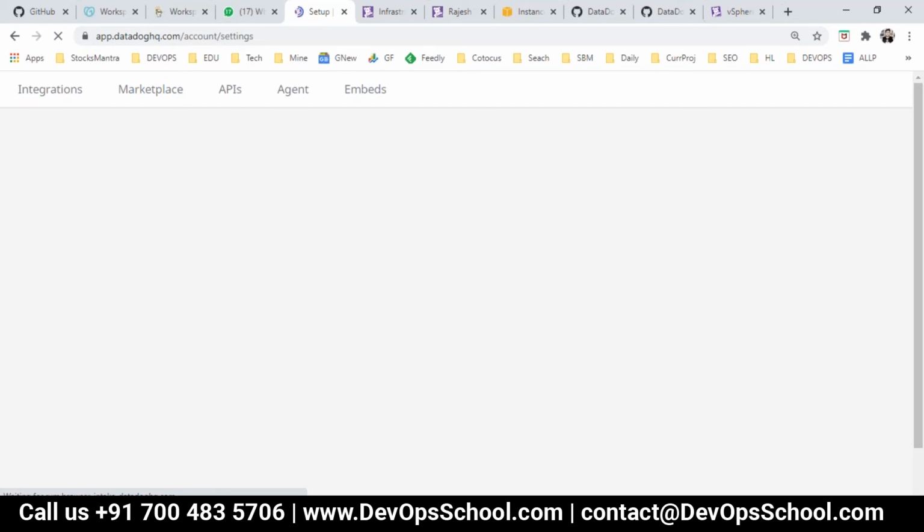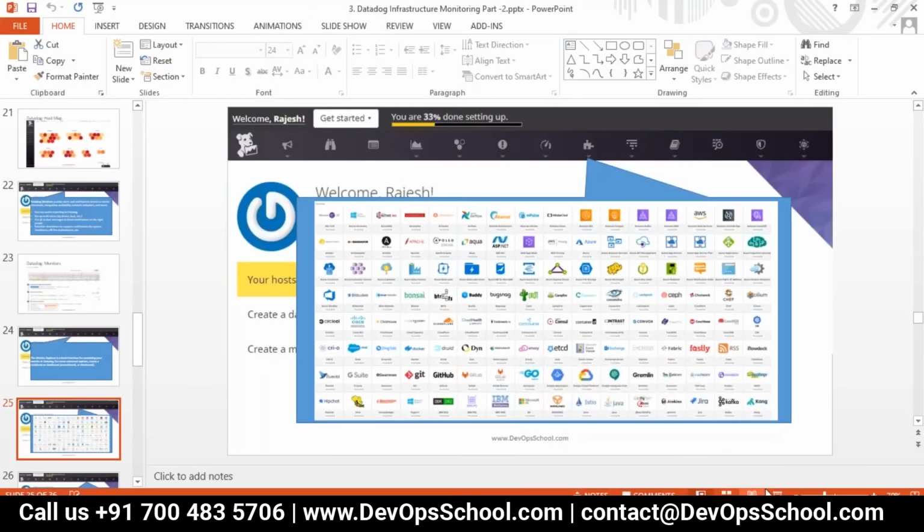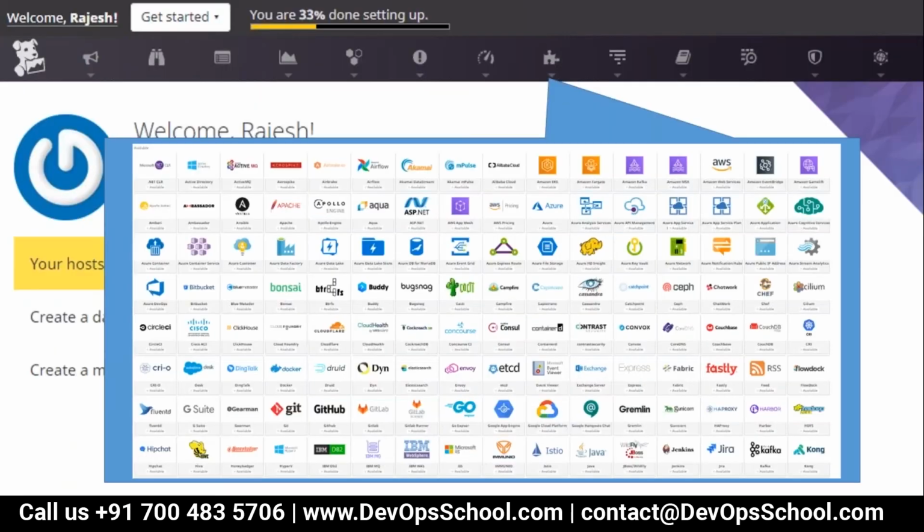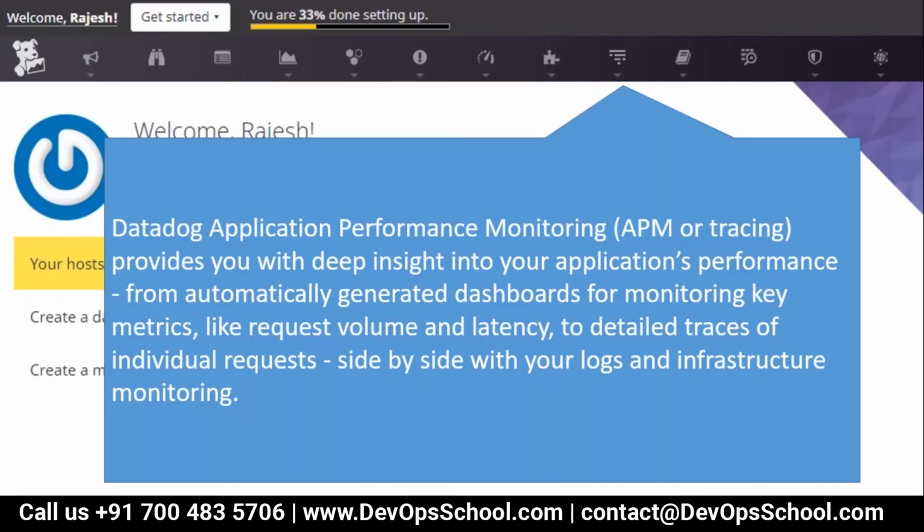Okay, so these are the integrations where you can install so many things. Now here APM is there. Remember I talked about Datadog being basically an observability platform. Observability means you have infra monitoring, log monitoring, performance monitoring, and synthetic monitoring, all this, and RUM also. So this place is APM, which I'll discuss one day. I'll completely dedicate a session to APM, and we'll discuss that.